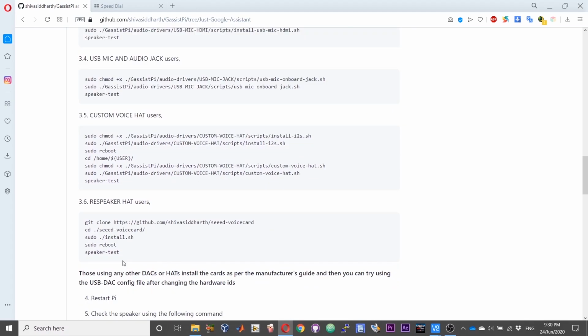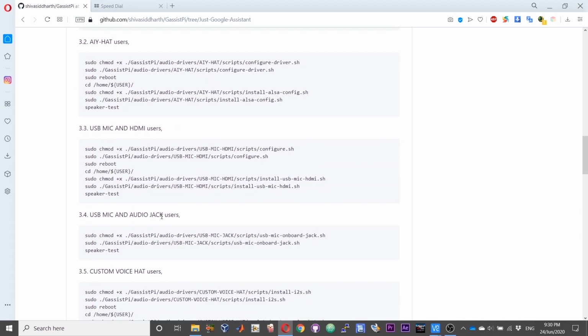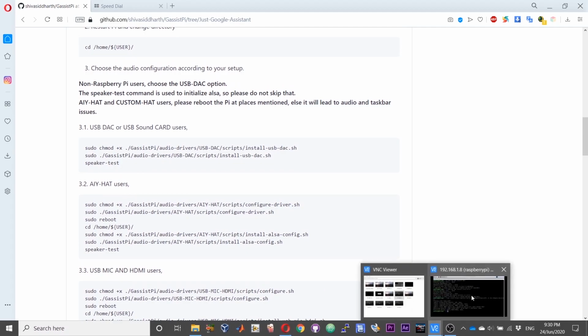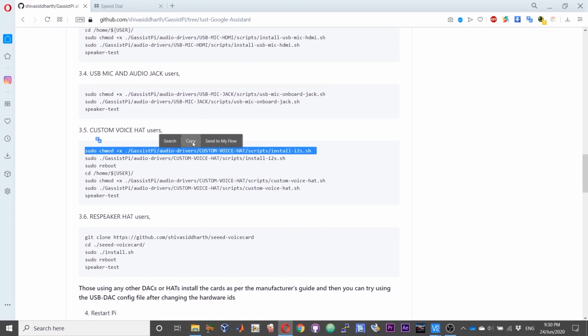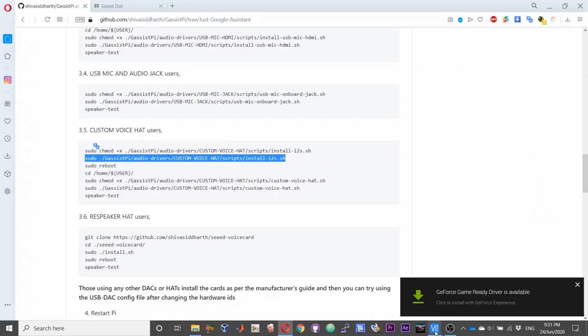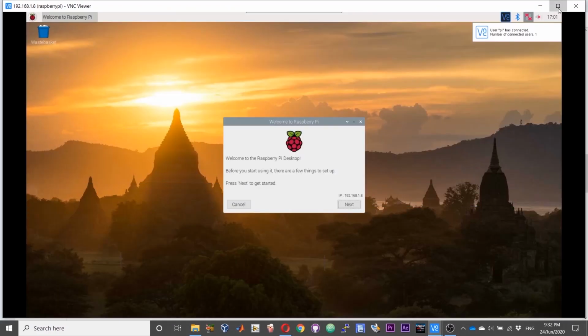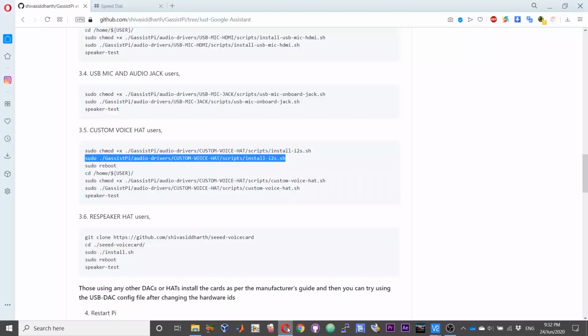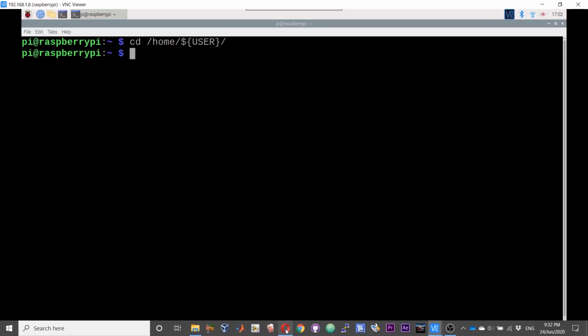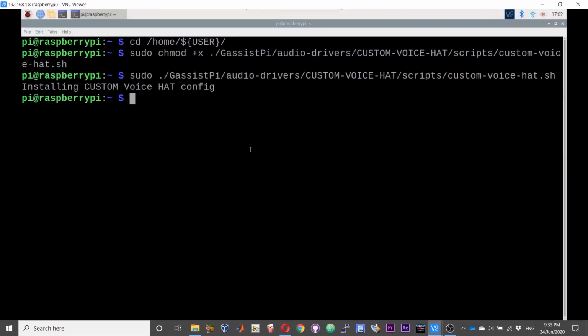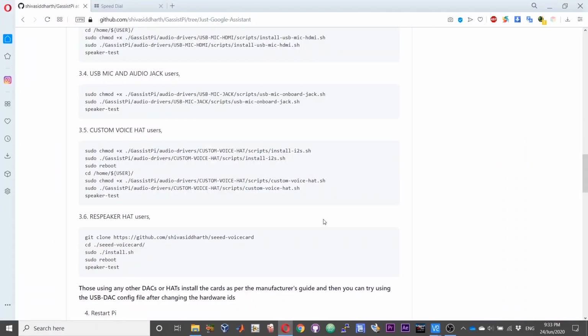Depending upon your use case or your audio setup, you need to run these lines of code one after the other.